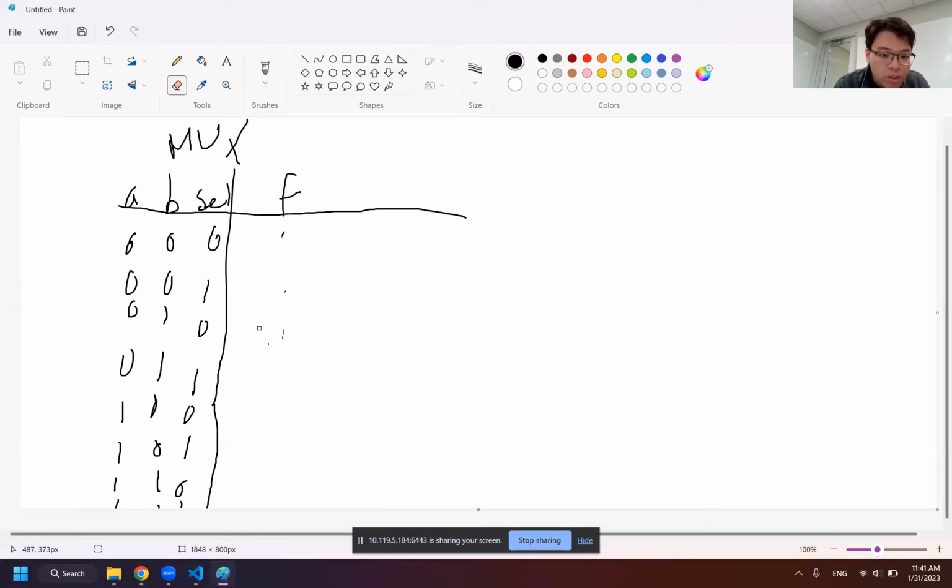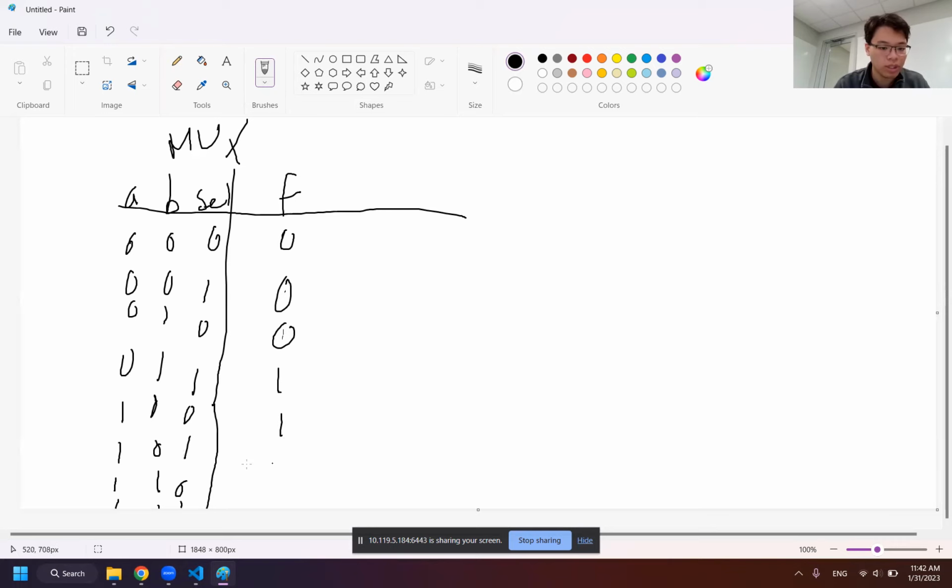This is not the best way to say this. But this should be 0, 0. That should be 0, 0, 0. That would be 0, 0, 1, 0. That should be 0 because it depends on A. And then 0, 1, 1. Well, this should be 1 because selector is 1 and B is 1. Okay, 1, 0, 0. Well, that should be 1 because